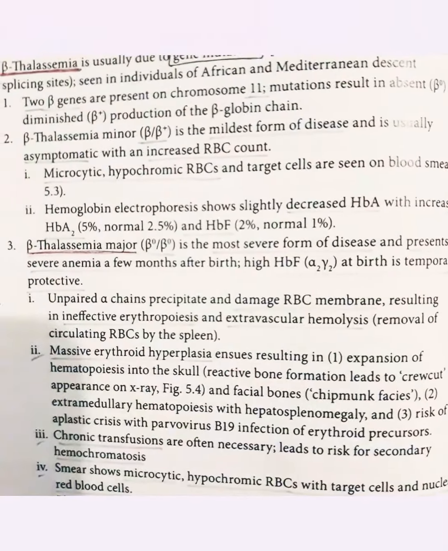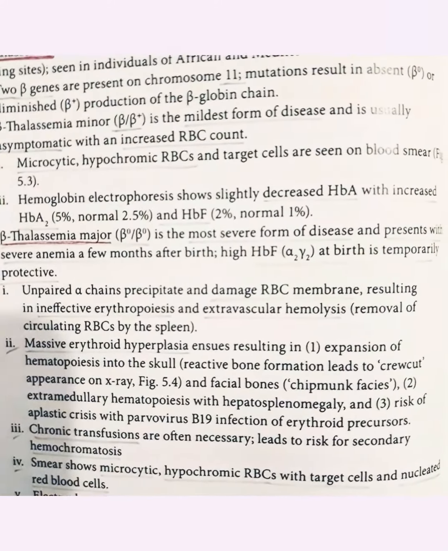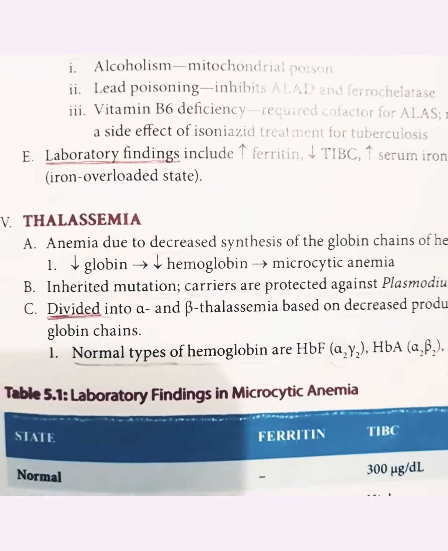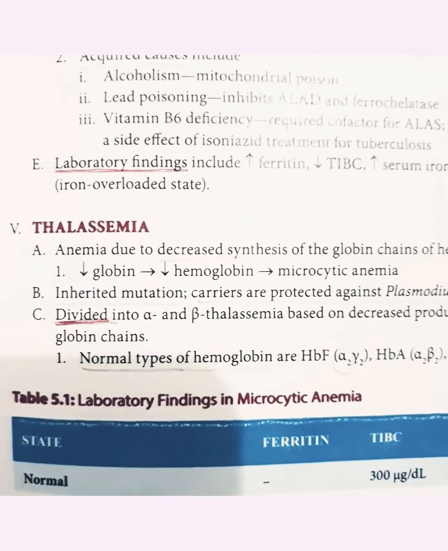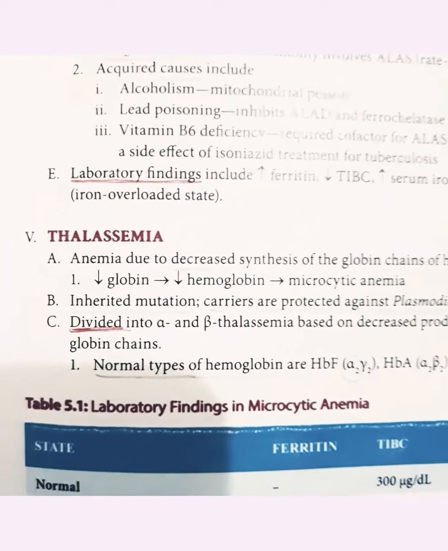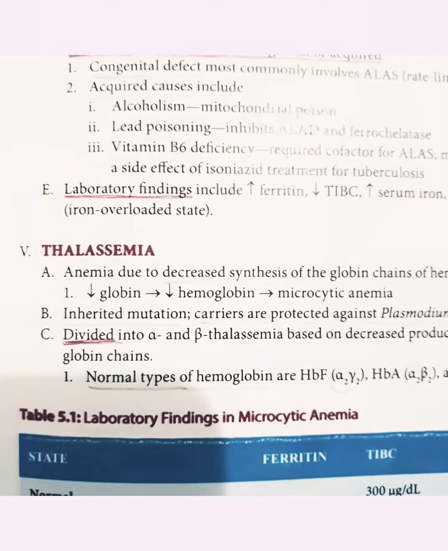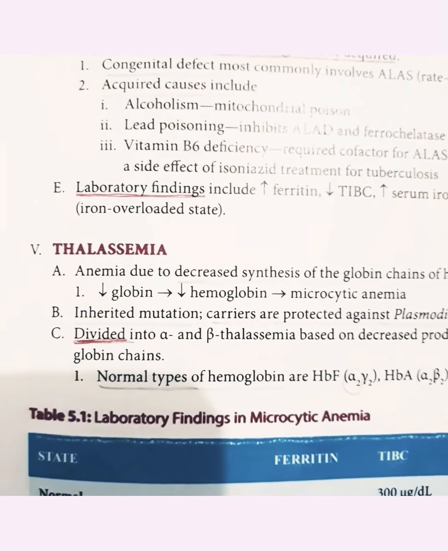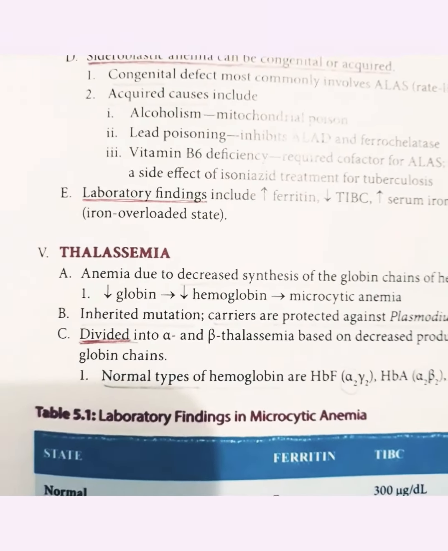The investigation of choice for thalassemia is hemoglobin electrophoresis. Microcytic anemia etiology. The most common causes responsible for microcytic anemia include thalassemia, anemia of chronic disease, iron deficiency anemia, lead poisoning, and sideroblastic anemia. These are the most common causes responsible for microcytic anemia. The laboratory findings in microcytic anemia include